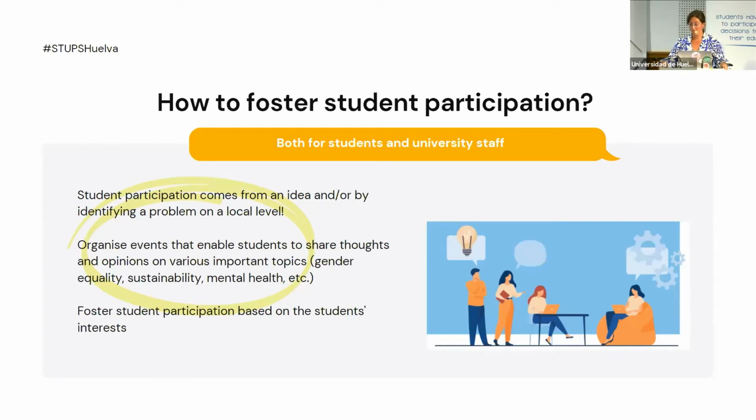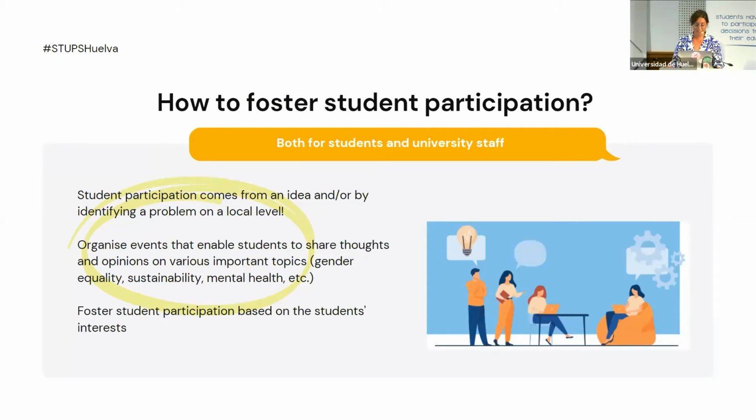But yes, this is also a question for higher education institutions, for the university staff, for anyone who is involved in the education system. So yes, we have realized from those practices that students and stakeholders were sharing with us that student participation comes from that idea of identifying a problem. Everything always starts with a problem that you want to solve, and then you come up with an idea